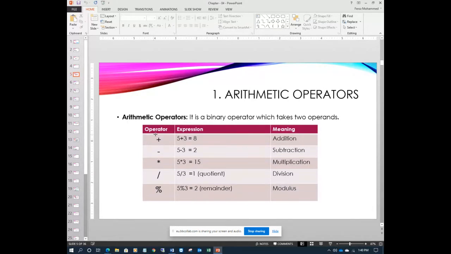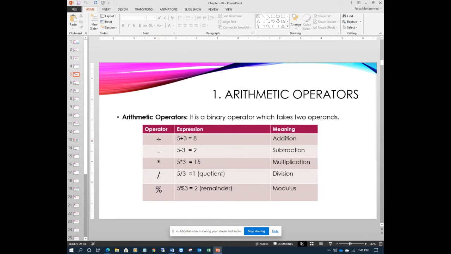We have these operators: plus is the addition operator, minus is subtraction, zarb, the asterisk or star, is multiplication, taqsim is division, and the percent sign is modulus. This is called the mod operator, or modulus operator in full. It looks like a percent sign, but it's not percentage here, right? Remember, this is not a percentage. There is a difference between the two.